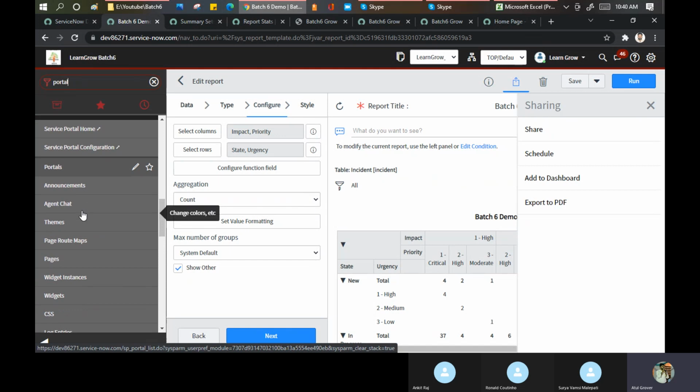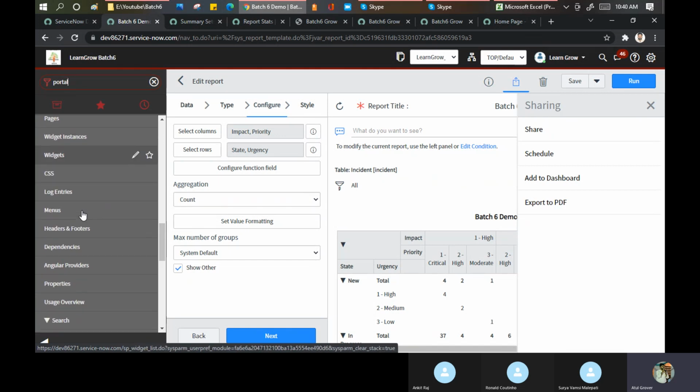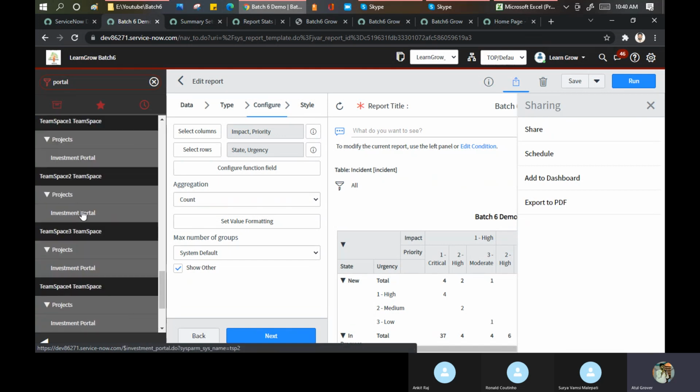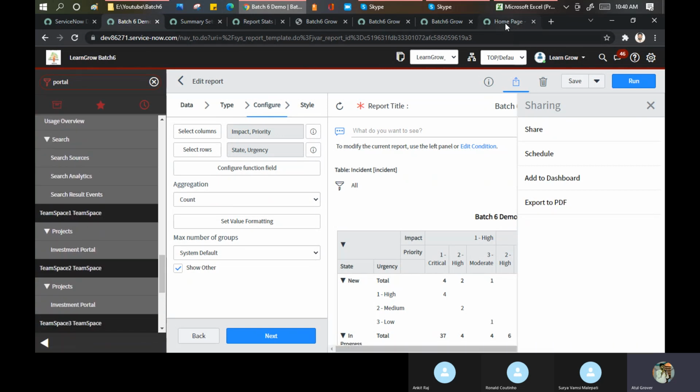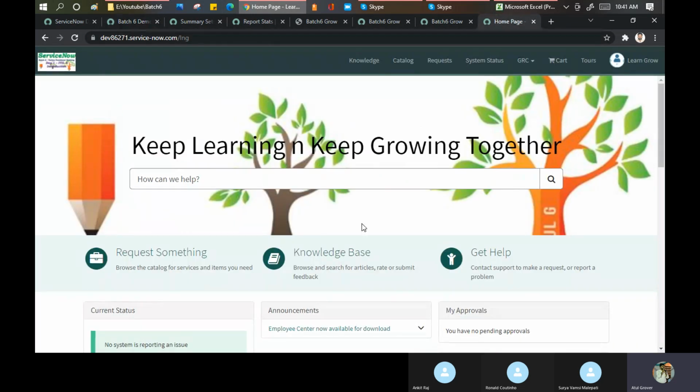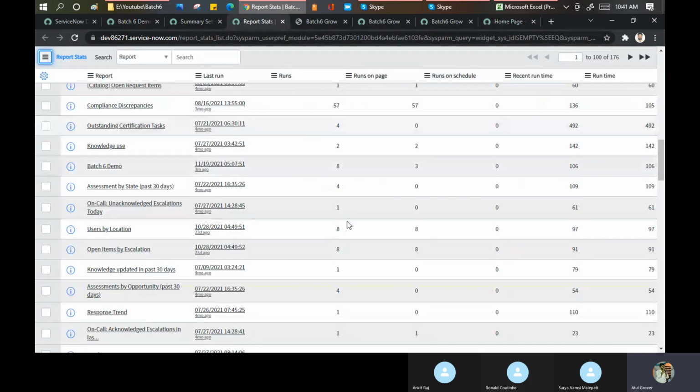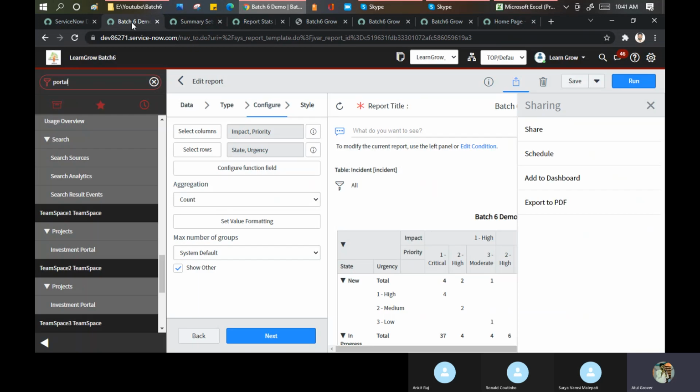portal announcements, page portal, pages, CSS, menu, search. नहीं यार, मुझे ऑप्शन देखना पड़ेगा, I'm not getting it, but it has been introduced by ServiceNow. By seeing that particular stats, like you have a stats for the report, the same way you have a stat for the portal as well. Which script, which widget, which particular thing is taking time to load on the portal, and then you can do your R&D on that part. Okay, now let's come back to our area. Report वाला जो था, ठीक है,